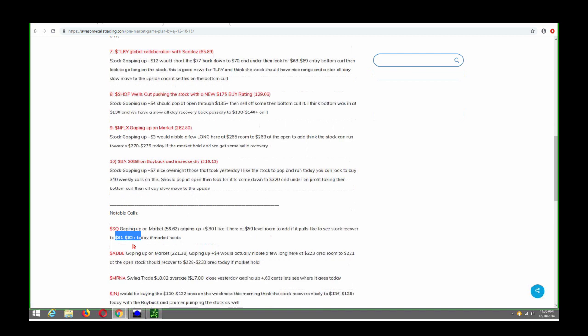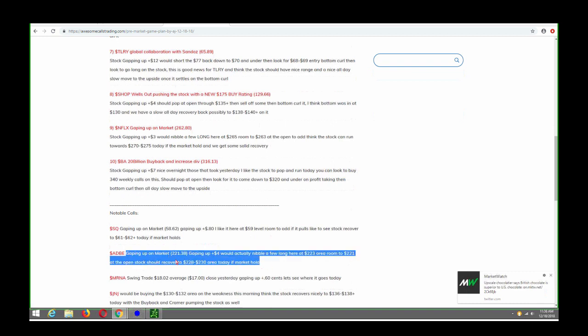So I'm going to show you another trade. And listen, try not to fall off your chair because this is just another day. All right, really. I mean, try not to fall off your chair. I want you to look at this Adobe call. Look how I wrote it first thing this morning, way before the market opened. Adobe, gapping up 4, long at 223, give it room to 221, and the stock will go to 228 to